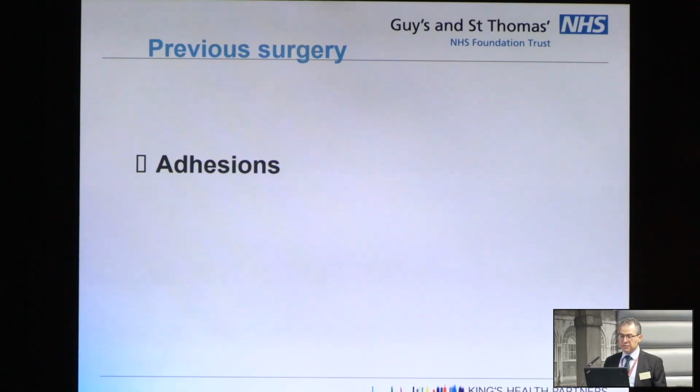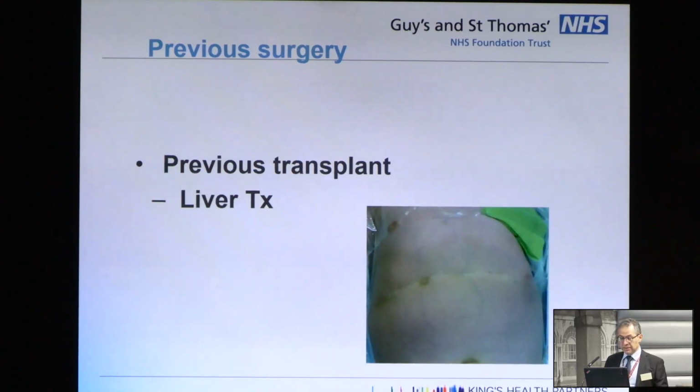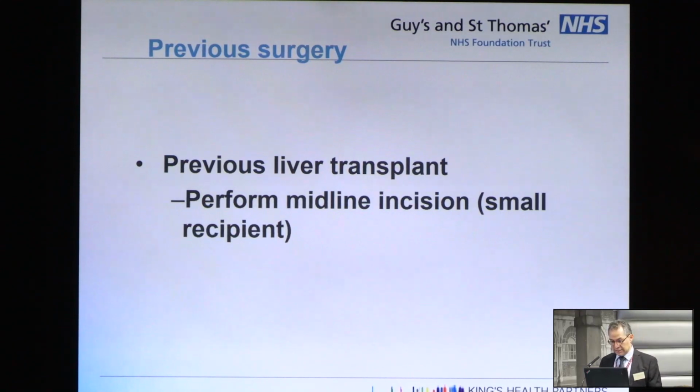Previous surgery is important, as there might be adhesions, and it might take a lot longer to do the surgery. Depending on the situation, consider starting the recipient first to make sure it's feasible before a living donor nephrectomy. If they've had previous transplants, like a liver transplant, you can always